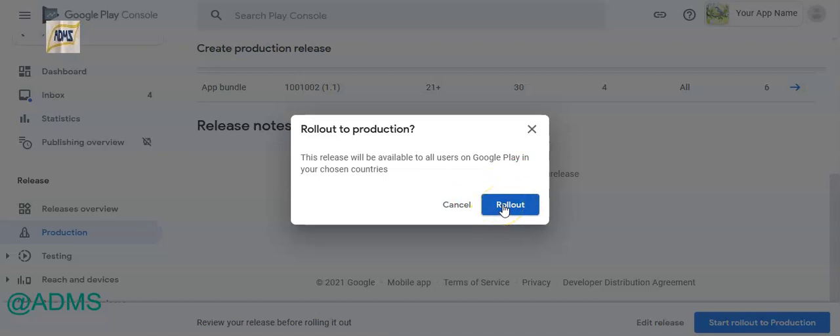As this is a test application, we are creating this just for training purposes, I'm not clicking this as I don't want it to be reviewed by Google. But you have to click rollout, and then it will be reviewed by Google, and based on their decision it will be live within 2 to 3 days. So just click rollout and then wait for a message from Google. Whenever it is approved, it will be available in the dashboard of your Google Play console.